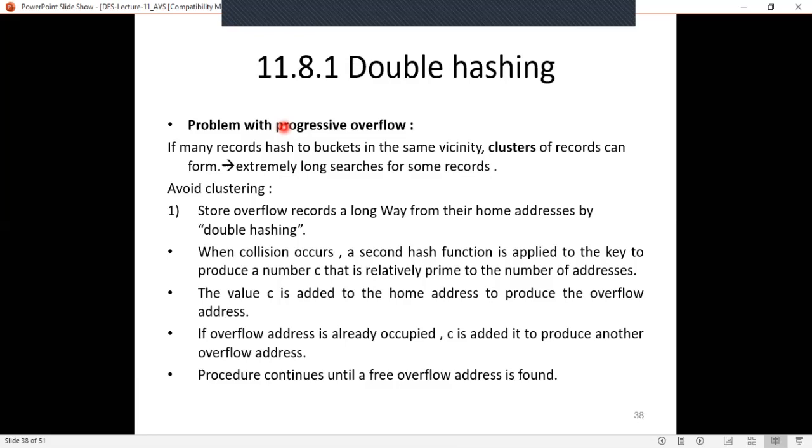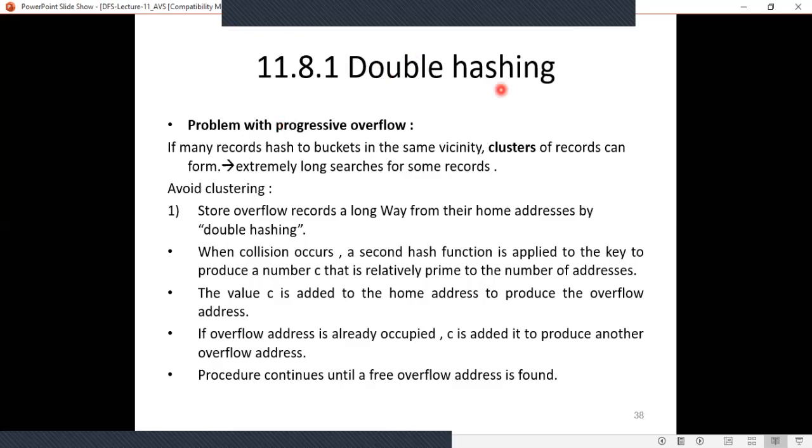Cluster means all the records are put together in a certain area. In that case, the search length for those keys will go on increasing. So we have to think about dividing these clusters, isn't it? To overcome this problem of clusters, we go for double hashing.